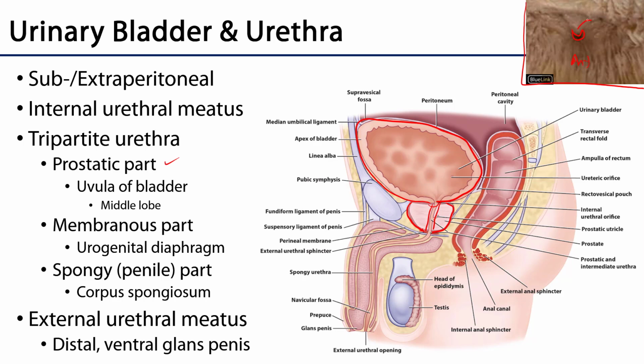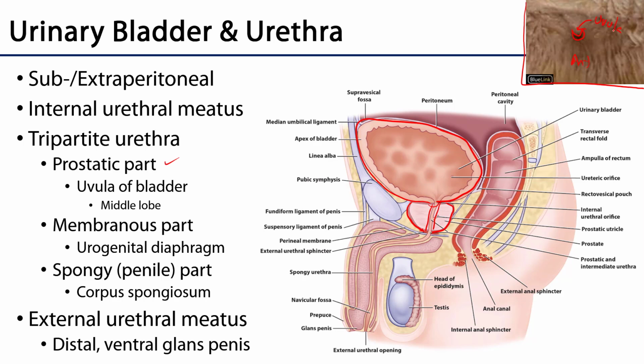That's because what's typical of the male bladder at the beginning of the urethra is that there is an expansion of the mucosa, and that's called the uvula of the bladder. And that represents a growth of the middle lobe of the prostate gland,